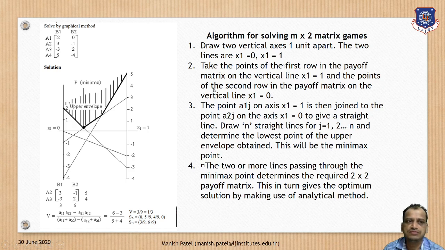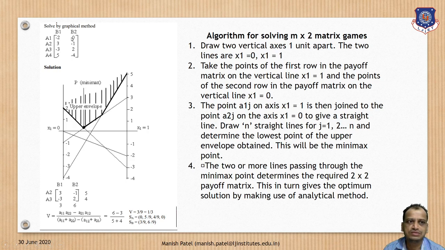And with the help of these equations, what are the equations? Minus 2 P1 plus 0 P2, and for this one, 3 P1 minus P2, minus 3 P1 plus 2 P2. In a similar way you will find out the equations, right? If you get the line equations, you will plot them with the help of P1 plus P2 equal to 1. Clear? And once all these lines are plotted on this graph, you will find out the intersection point, right? Which intersection point? It is minimax.